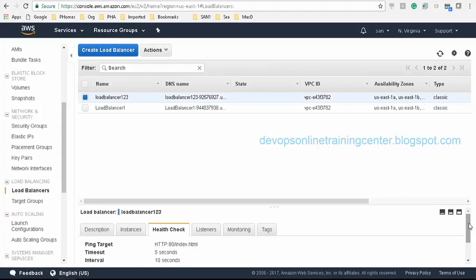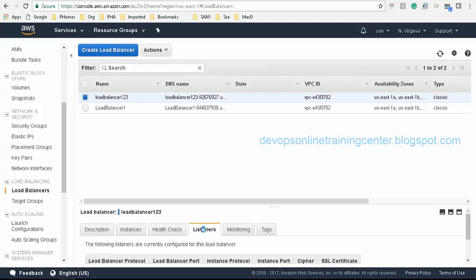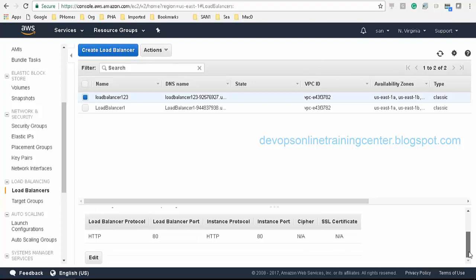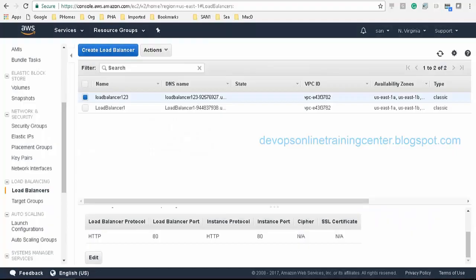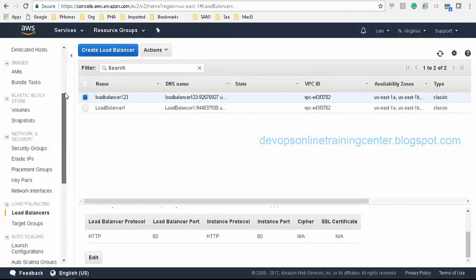Let me see security groups. Okay, so we log into one of the instances and see what the issue is.